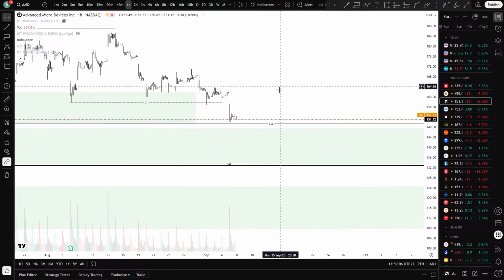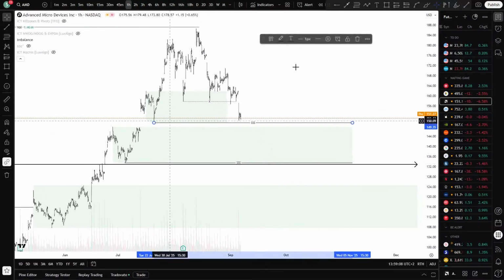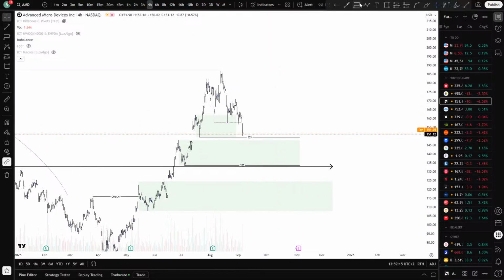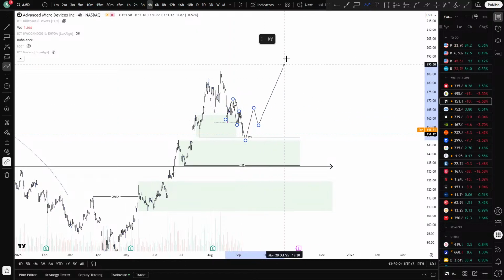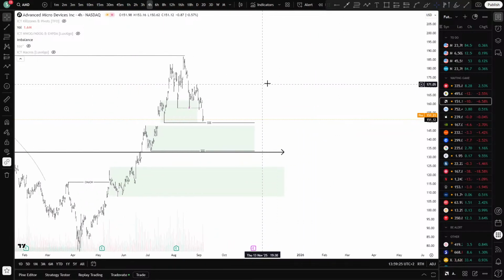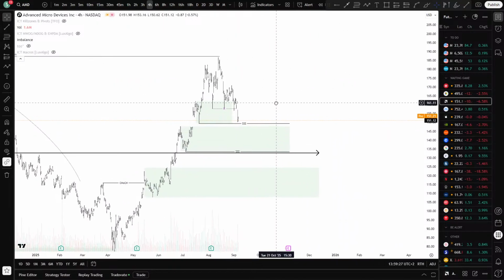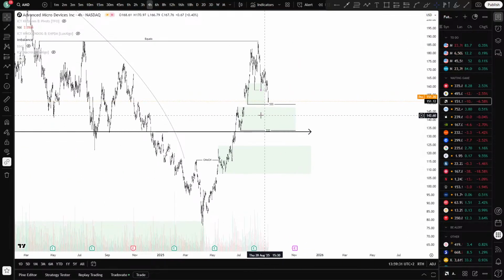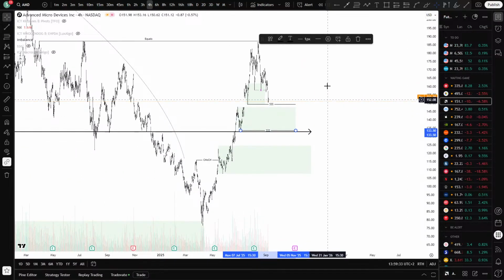lows. There's still an interesting liquidity point right here, just above this demand. So it would be nice if we're gonna get a sweep of this liquidity, gain the high, and then we can expect maybe some more upside. Once again, if this is not enough and we can't get local confirmations, we have this liquidity point right here,